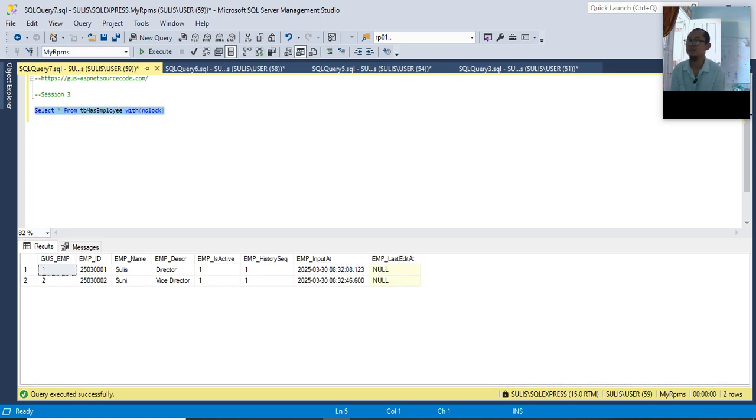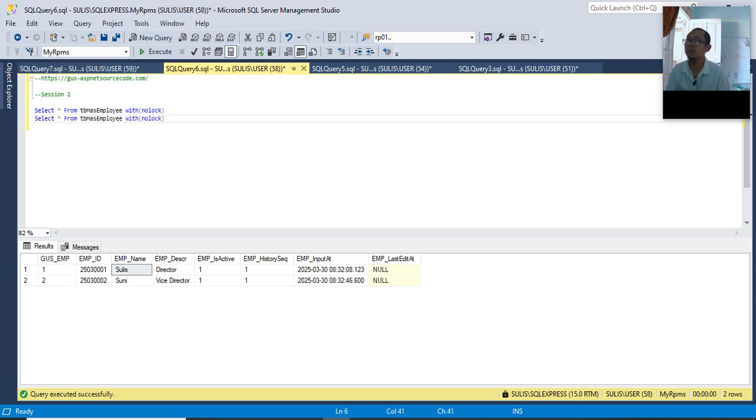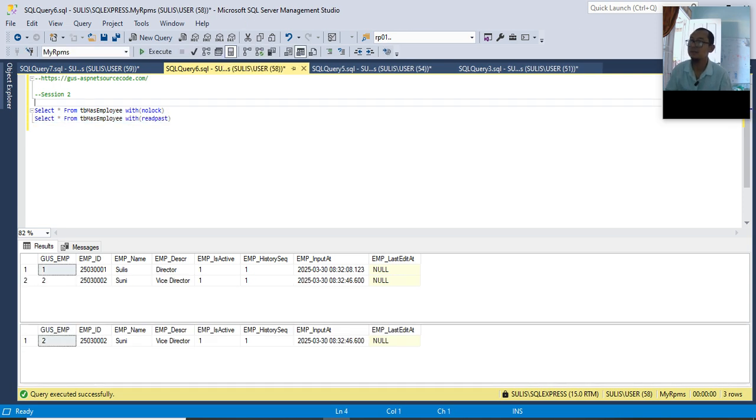Execute. By with no lock, the data that is being processed will be displayed. And we also have a second option, with read past. Now let's run. We can use with no lock or we can use with read past.